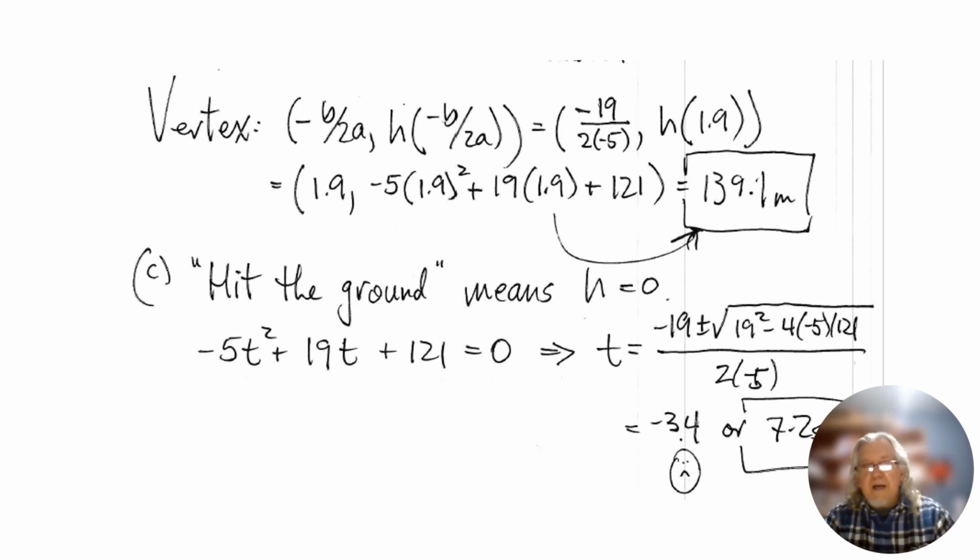Hit the ground means the height is 0. So I solve this. I use the quadratic formula. I just wrote it down there for you to see. I didn't use the quadratic formula. I just used my calculator. And the negative means that in the quadratic model, before the launch, it would have been on the ground, but we're interested